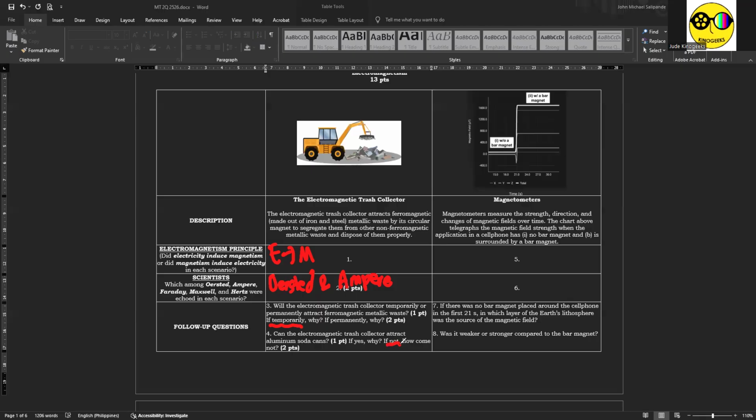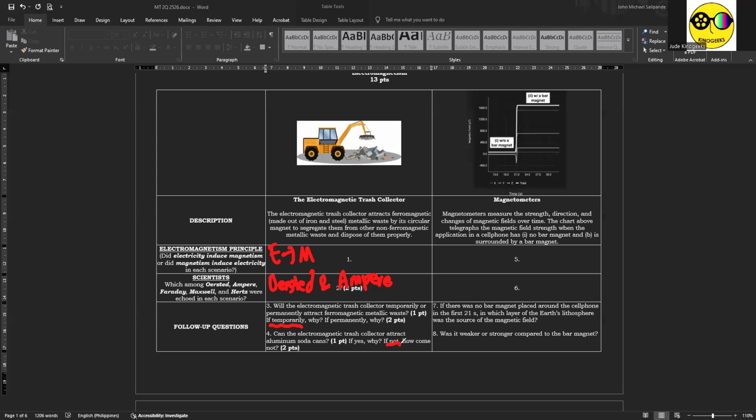Okay? Next is the magnetometers. So remember in, I think, one of our first performance tasks this quarter, magnetometers measure the strength, direction, and changes of magnetic fields over time. The chart above telegraphs the magnetic field strength when the application in a cell phone, which I asked you to install, if you still recall, has no bar magnet, and B is surrounded by a bar magnet. No? So remember during the experiment, I asked you to install the magnetometer application, and